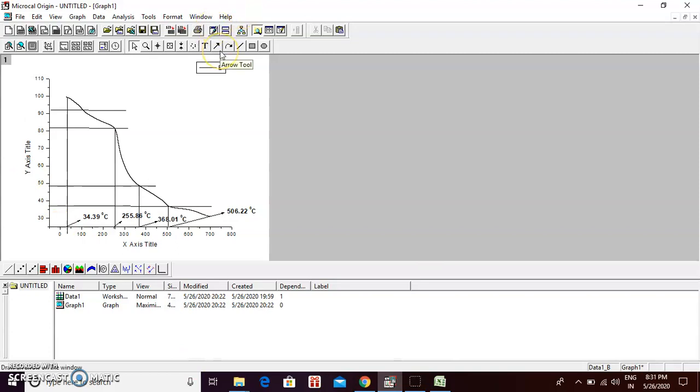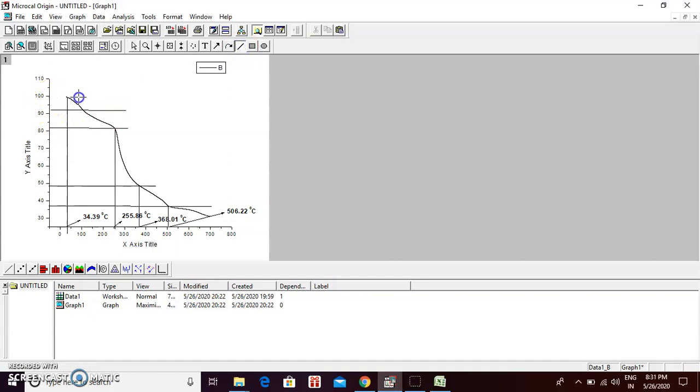Fine. Now in order to check the percentage of weight loss, because your y axis actually denotes the percentage weight loss, you first have to see what the weight loss is starting from here, when it started.